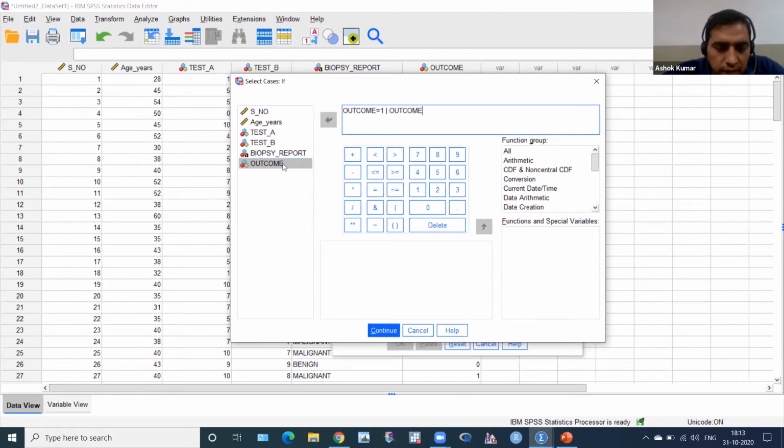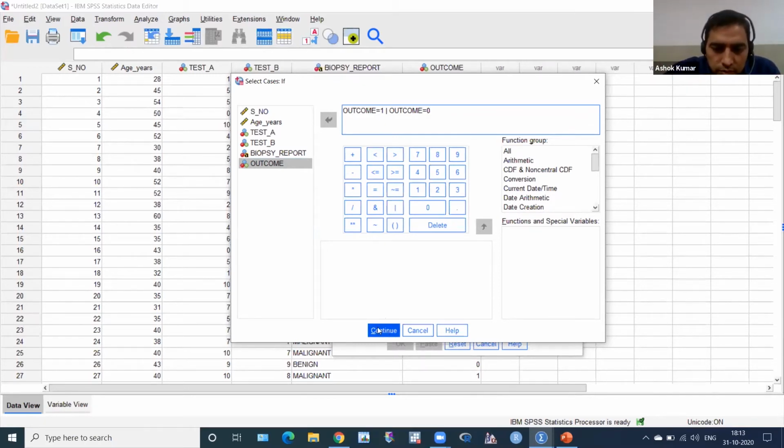Otherwise you can drag and drop it here, but if you type, then your spelling must be same, and then is equal to and 0. So both are same, 1 and 0, 0 and 1, because I have to select 0 and 1. Both are equal, no problem.